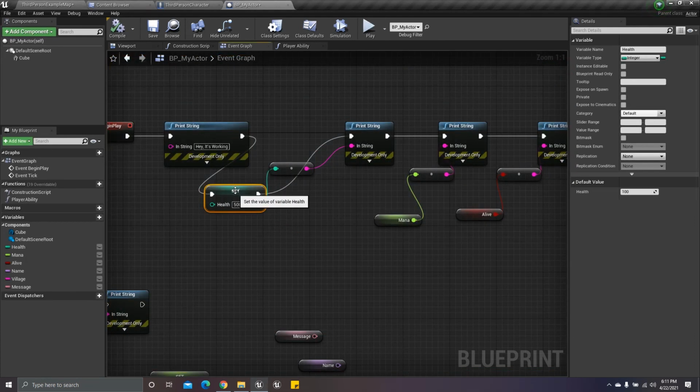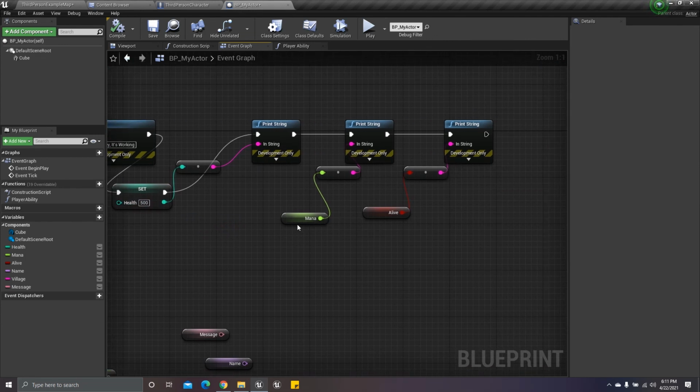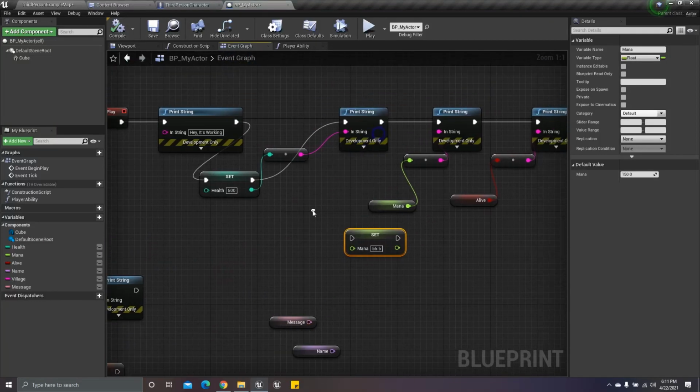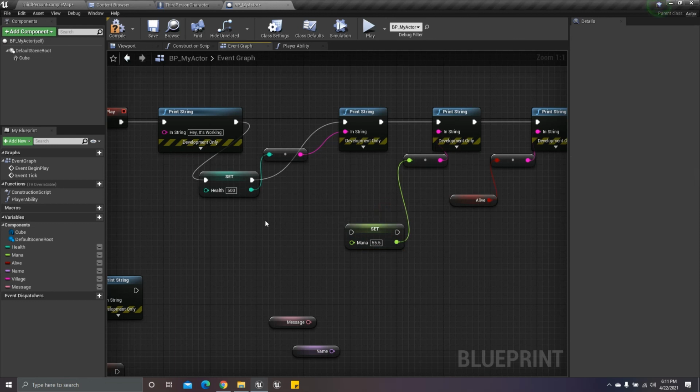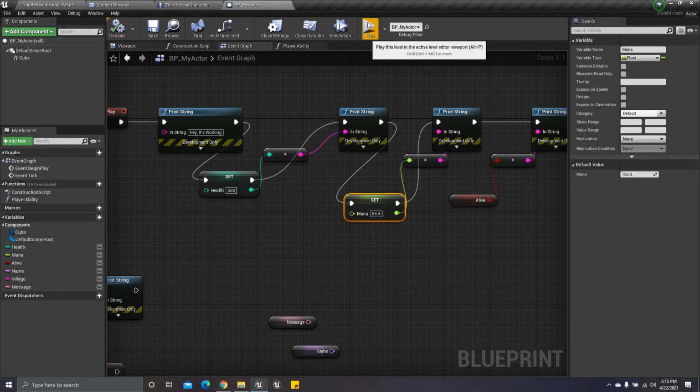We just assigned the new value here of the health. Same for the mana, we can do for the mana. This is the mana, and I'm just going to remove quickly. Just going to attach here, and now mana is 150 to 55% or 0.5.